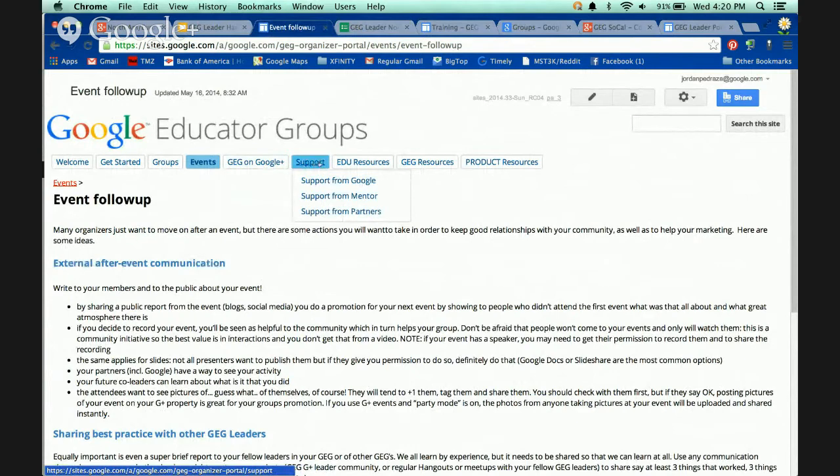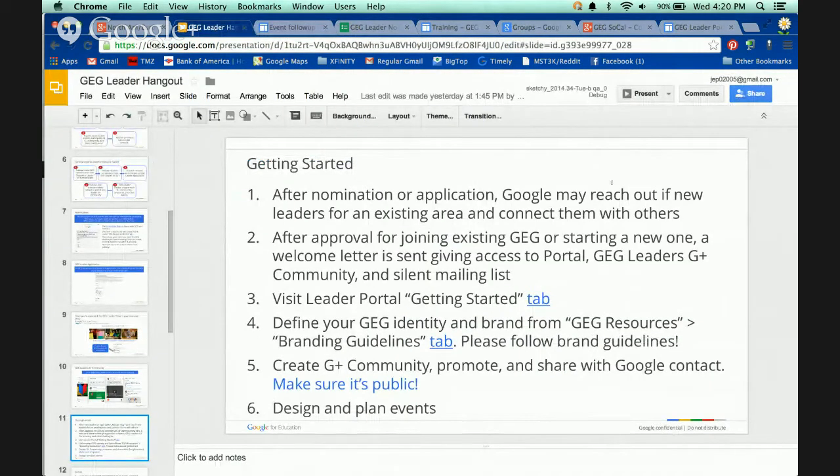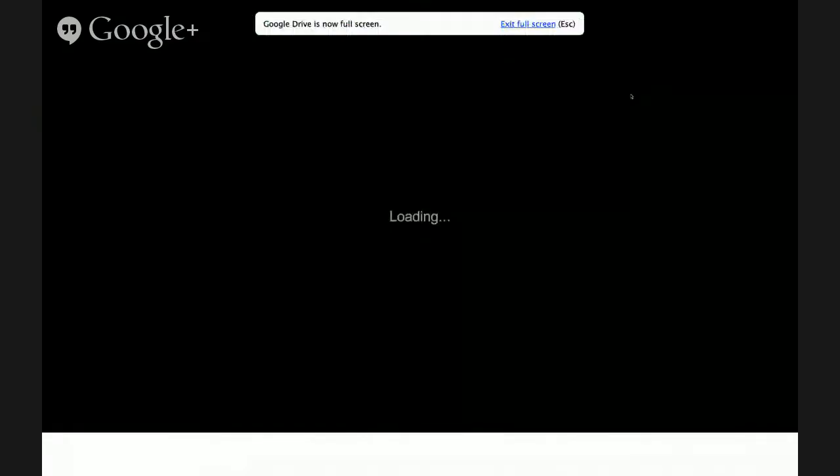We have a support page that gives you guidelines on how Google helps support you with this and other partners and mentors we have. Of course, lots of resources on the curriculum and our products. And then, of course, forms for reporting and branding. So it's all here. Definitely take a look when you have time. But to go back into detail around getting started,